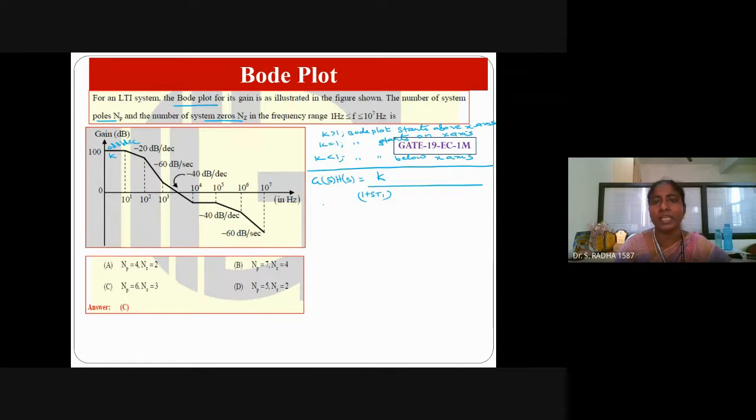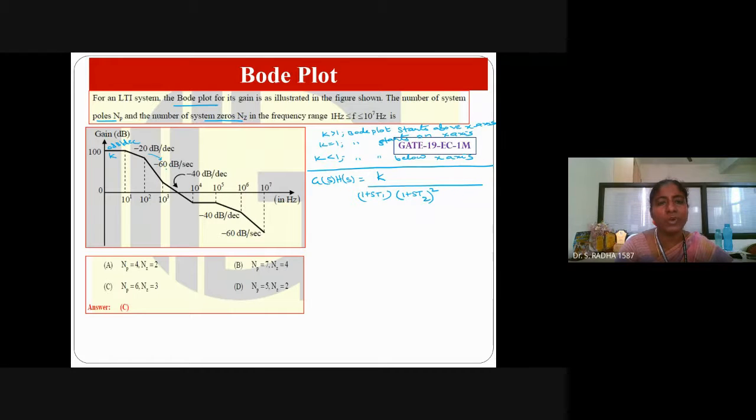You have taken t in the increasing order. So from minus 20, it is changing to minus 60. How much are you adding? Minus 40. If you add minus 40, then minus 20 will become minus 60. And how will minus 40 come? A second order factor in the denominator. So I'm adding (1 plus st2) whole square, a second order factor in the denominator.